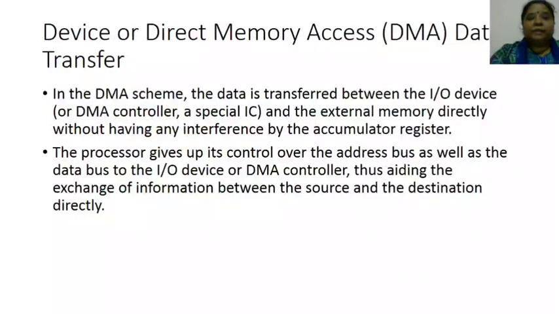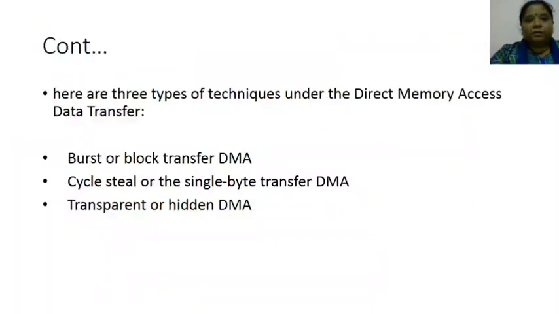Then comes DMA data transfer, or direct memory access. In the DMA scheme, the data is transferred between the input output devices and the external memory directly, without any interference by the accumulator register. The processor gives up its control over the address bus as well as the data bus to the input output device or DMA controller, thus aiding the exchange of information between the source and the destination directly. Here there are three techniques under direct memory access data transfer: burst or block data transfer, DMA